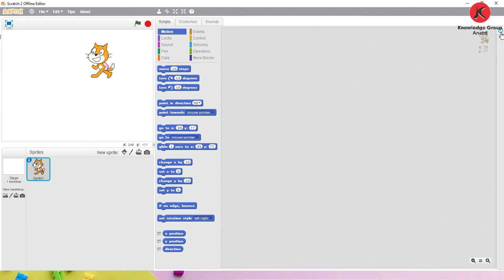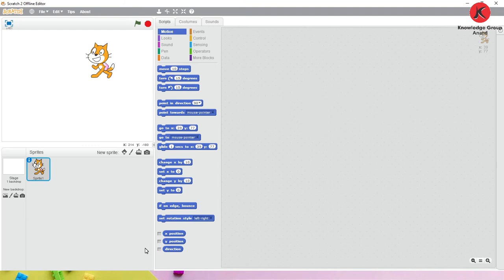This is called the tips. If you want the tips, you can see these are the block drawers. These are the script area where we can do the coding or create the codes. So this is all the information regarding the windows. Now next we are going to learn the first option,